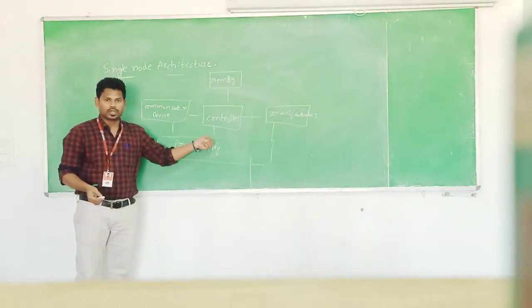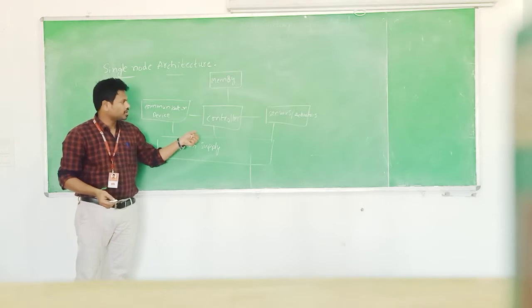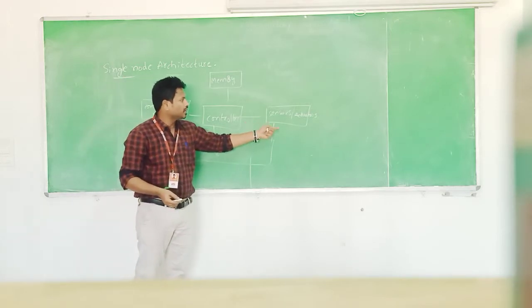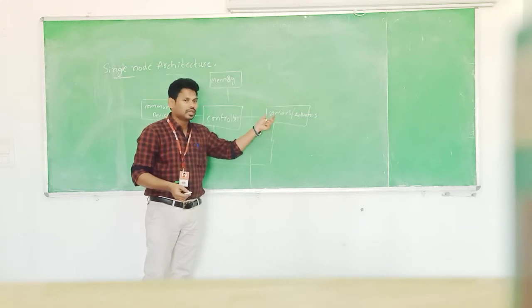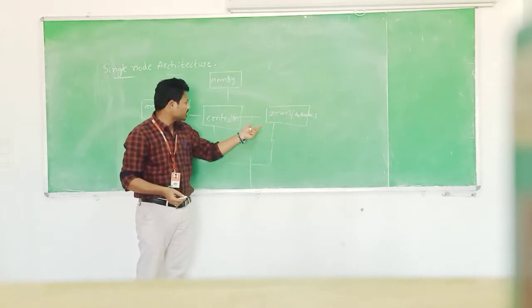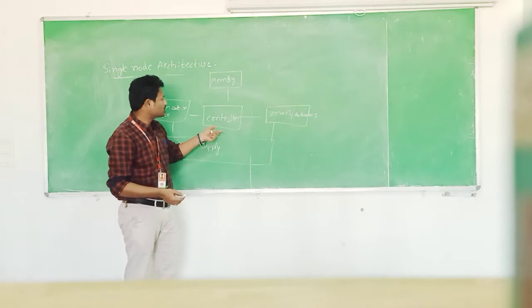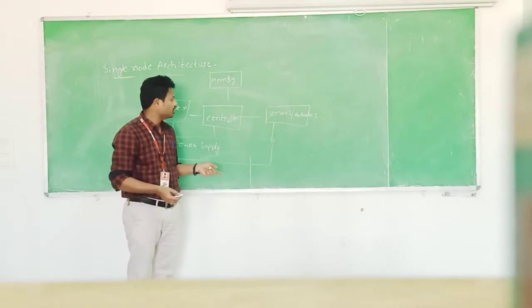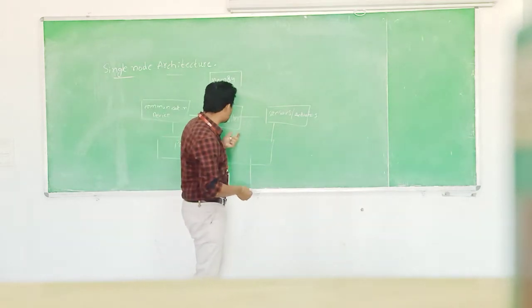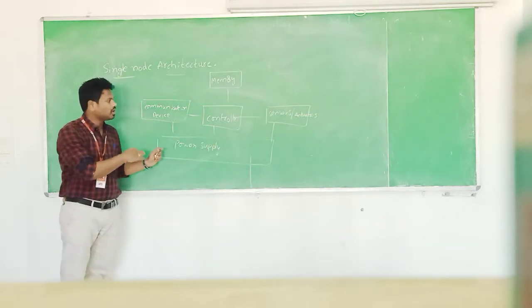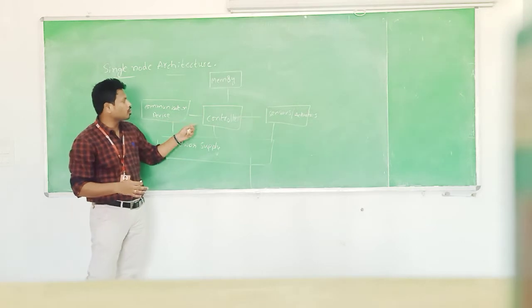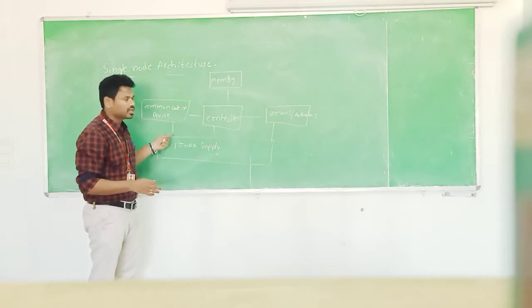First one is controller. This controller's operation is to collect the data from the environment. That data is collected from the sensors to the controller, and this controller can process the data. This controller is also called the central processing unit of the sensor node, and this is the main core of any WSN network.